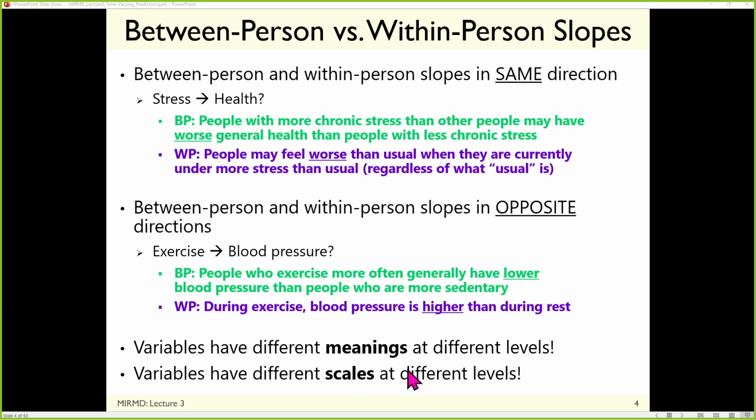And more to the point, not just different meanings, different scales. In all of these models, all of the slopes that we're estimating are unstandardized. And there's not a quick and easy way to standardize them that's going to be universally applicable, and that's why standardized slopes in multi-level are not a thing. So the only situation in which you would see the same relationship at between person level 2 as at within person level 1 is if both of the variables had the same intra-class correlations on the same scale and the relationships were the same. All three of those things together is not likely.